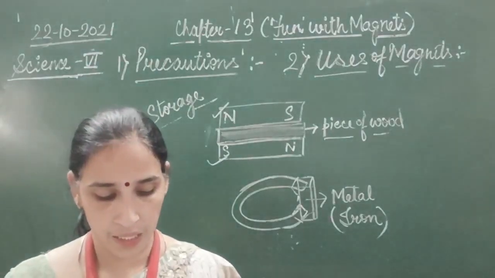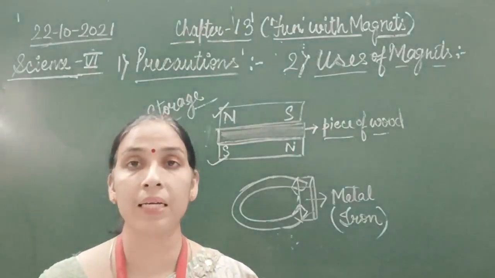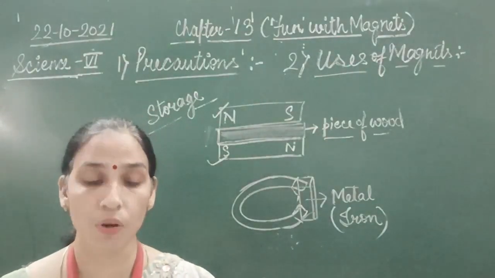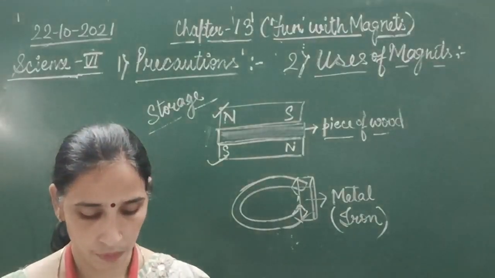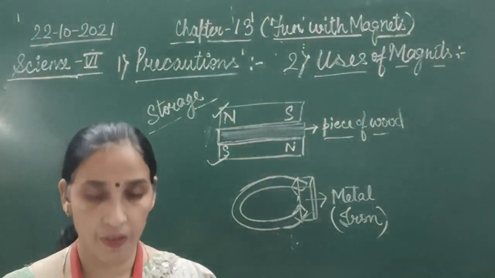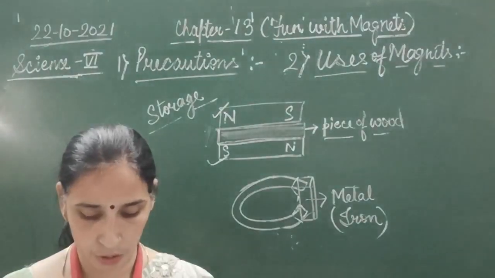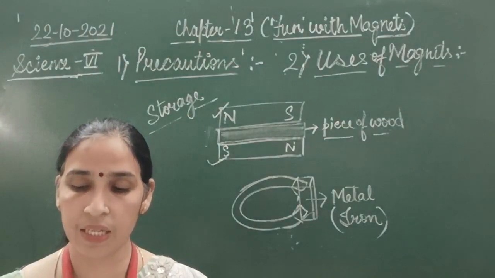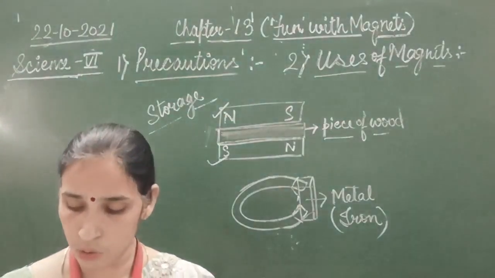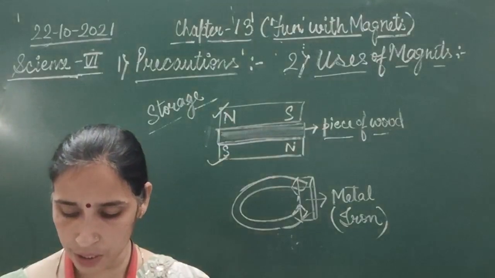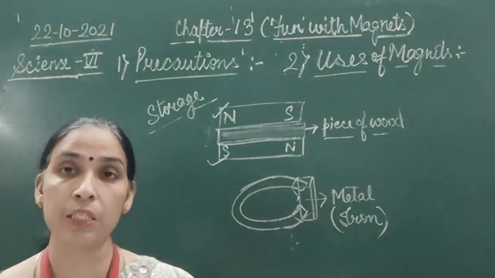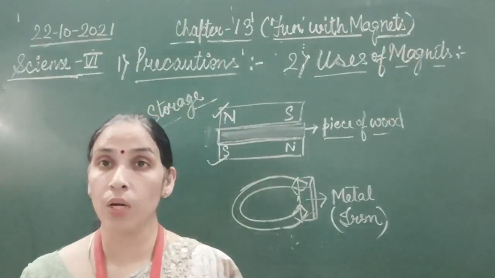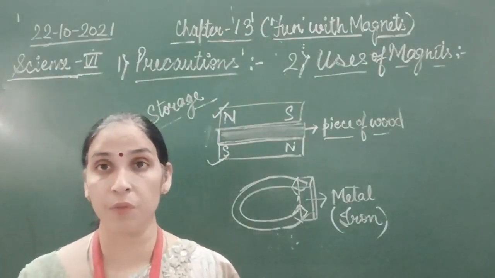Then what do you mean by magnetic material, non-magnetic material? What do you mean by poles of a magnet? And describe briefly a method of making a magnet also, with a labelled sketch, and all these three. A free turning magnet will always rest in north and south direction. So certain MCQs also we are going to see, and we will do these multiple choice questions tomorrow in the class. So I hope you all have understood this chapter 13, fun with magnets.